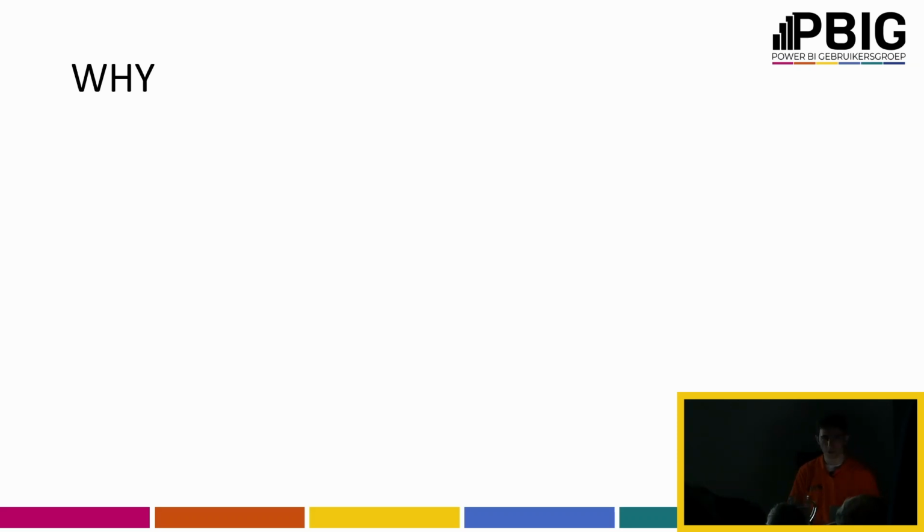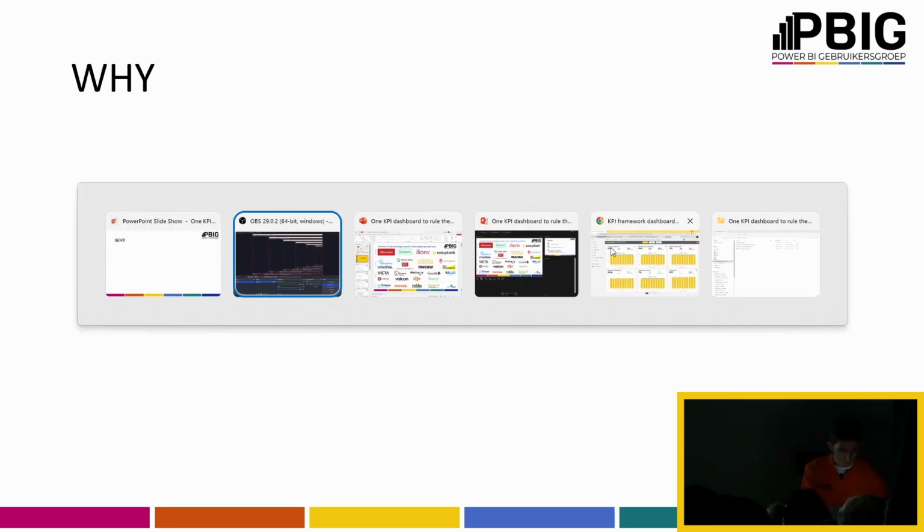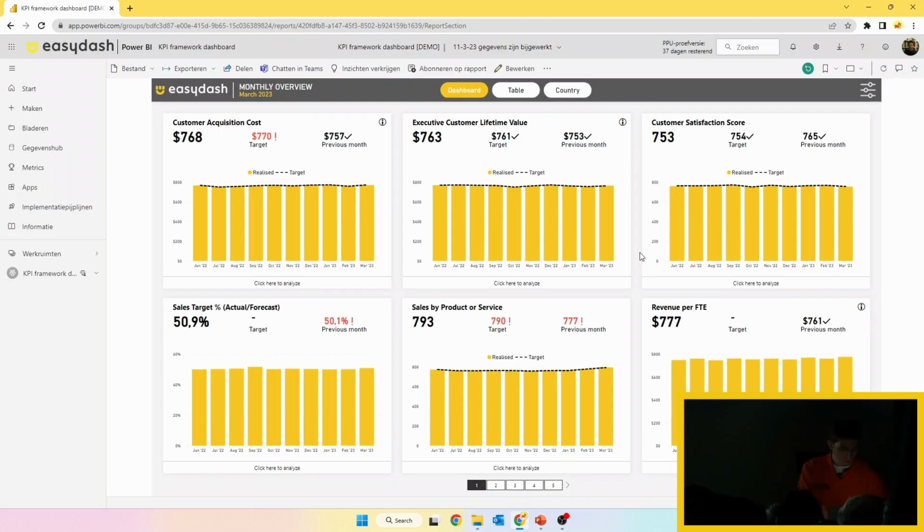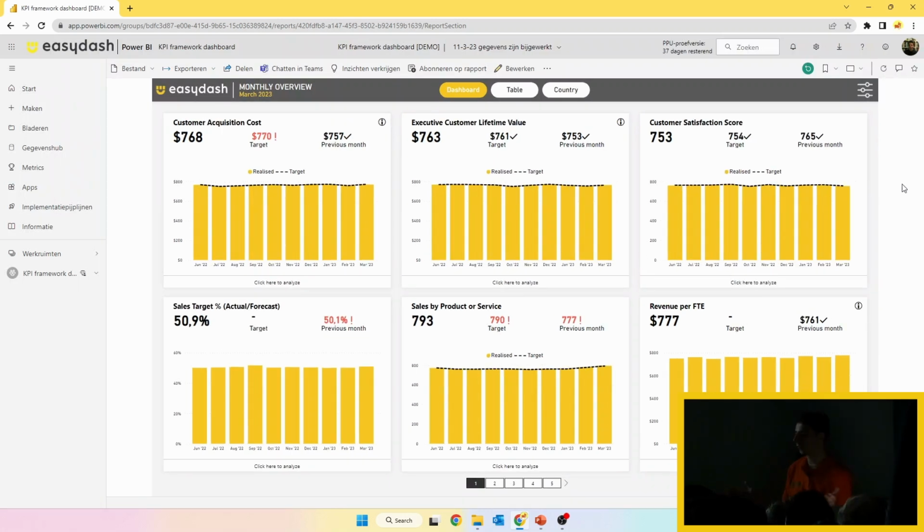Okay, before we kick off, I quickly want to show you the dashboard so you have somewhat of an image. So this is the dashboard. At first glance, it's pretty straightforward. We got 6 visuals, 6 different KPIs. You got some actual value in the top left, a trend in the bottom, and some comparative values. And in the bottom, you have just the option to select a different page, and then you will get your next set of KPIs,